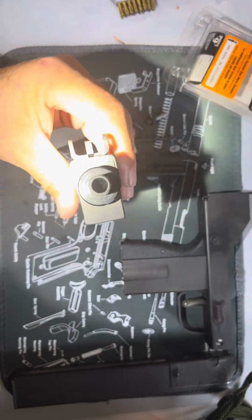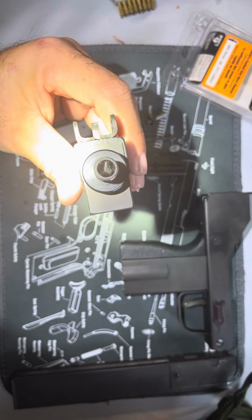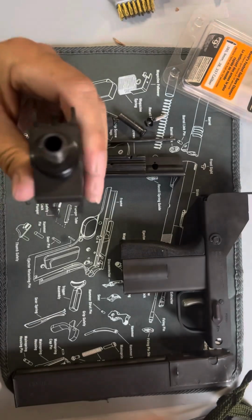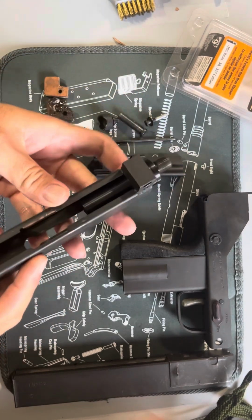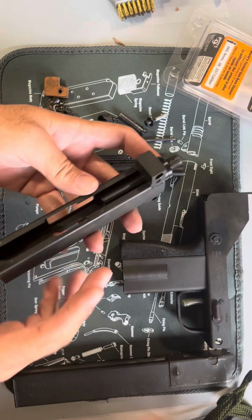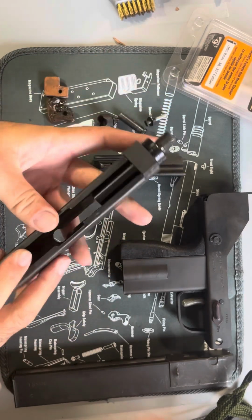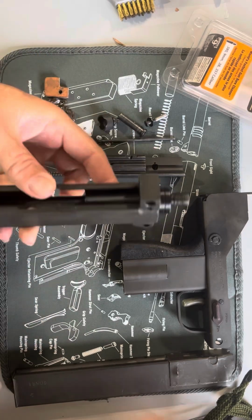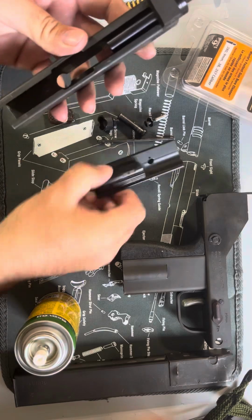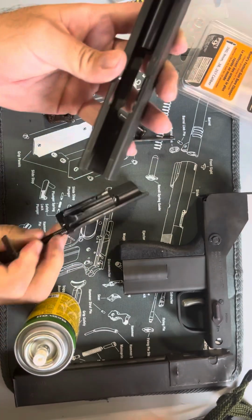I don't know if we can catch that on video, but I can see that it's clean. When you do yours, you'll be able to look at it. So I cleaned up in here as best I could, and cleaned all this. So just reassemble. So I like to put a little, because this rides just inside here, metal to metal,